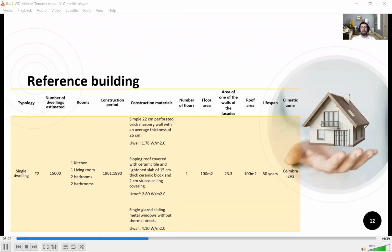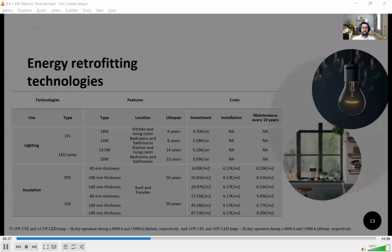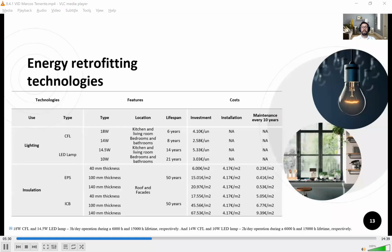This single dwelling has one floor with one kitchen, one living room, two bedrooms, and two bathrooms. In this work, the energy retrofitting strategies under scrutiny involve the replacement of a compact fluorescent lamp (CFL) of 18 watts by a LED lamp of 14.5 watts in the kitchen and living room, the replacement of a 14 watt CFL lamp by a 10 watt LED lamp in each bedroom and bathroom, and two types of insulation, the expanded polystyrene EPS and the insulation cork board ICB, with distinct thicknesses, 40 millimeters, 100 millimeters, and 140 millimeters, applied to the